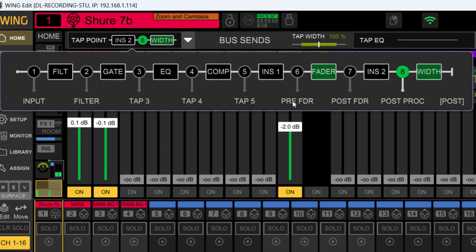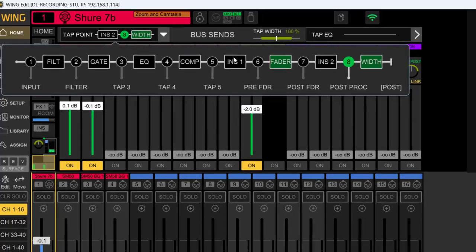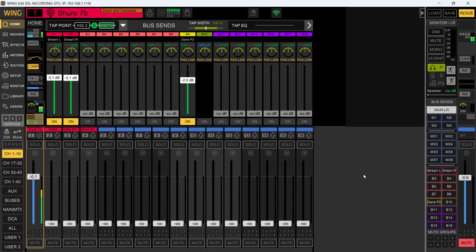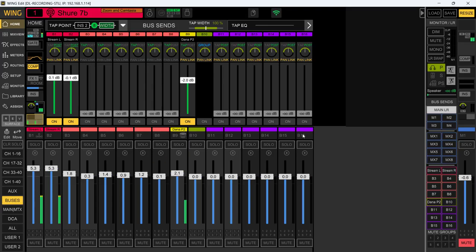That's what this means. This is the tap. As you can see, tap, filter input. Okay, that is the tap. That's what it means on these buses. We click on this bus and we come over here to bus 16